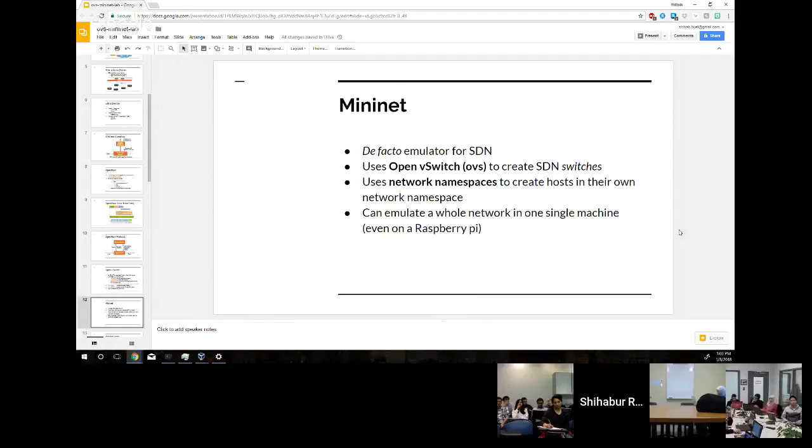So with Mininet, we can deploy a network topology that contains switches connected by links. We can specify the bandwidth, delay, all these parameters on the links. Hosts are connected to the switches as well. And for the hosts, we can limit the CPU usage, and also control the bandwidth of the link between a host and the switch, and so on. So Mininet can emulate a whole network in a single machine. We'll be using the virtual machine we have to emulate networks using Mininet. There is even a port of Mininet for Raspberry Pis. If anyone is interested and has a Raspberry Pi, they can download the Raspberry Pi port of Mininet, and do the emulation there